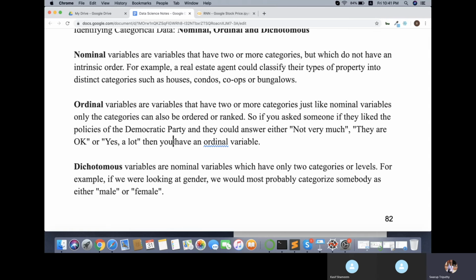Whether it is nominal or ordinal, they call it multi-class, meaning more than two classes, where class means category. Similarly, if you have only two categories, it is called dichotomous, that is binary classification.